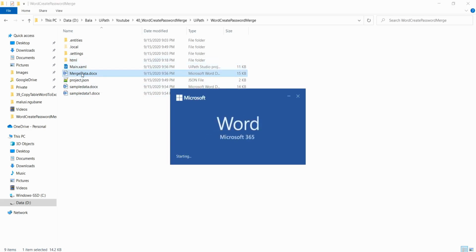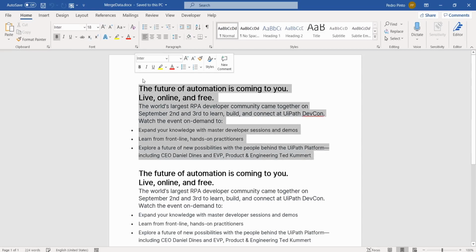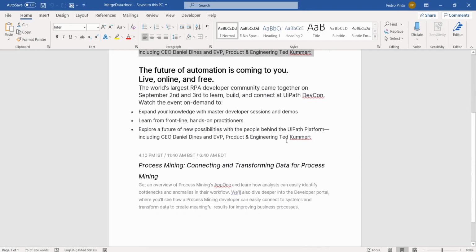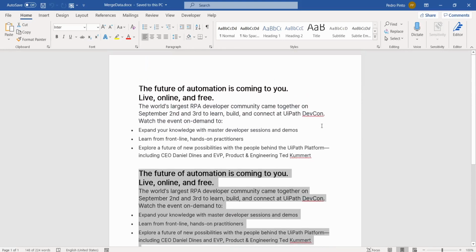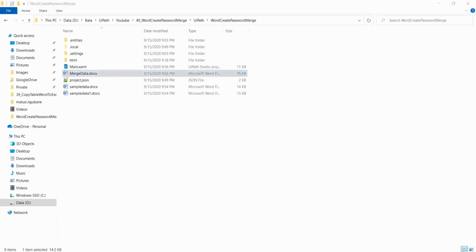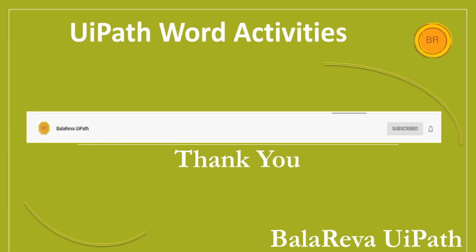When you open this file, the data comes from sample data, and after that you can see the content from sample data 1. Now both contents are merged. So this is the way you can merge n number of documents, and it will return them as another file.